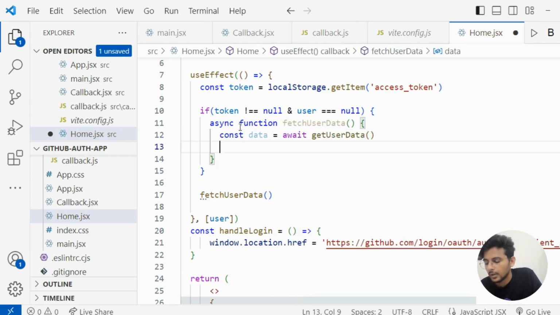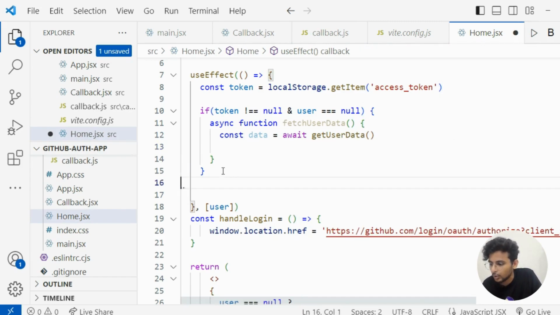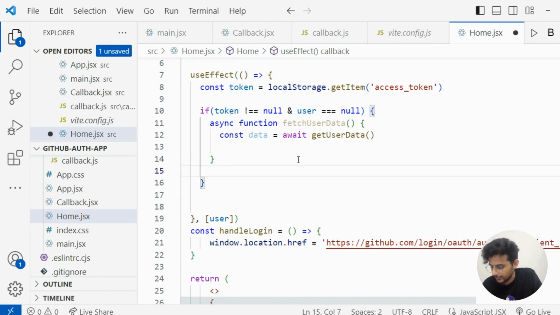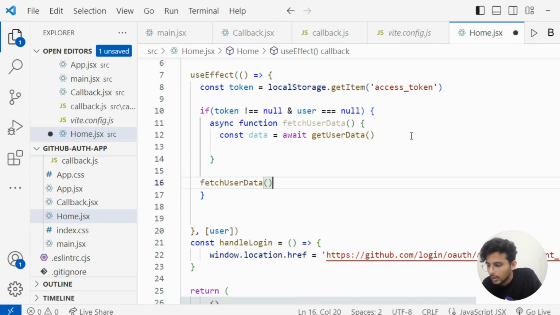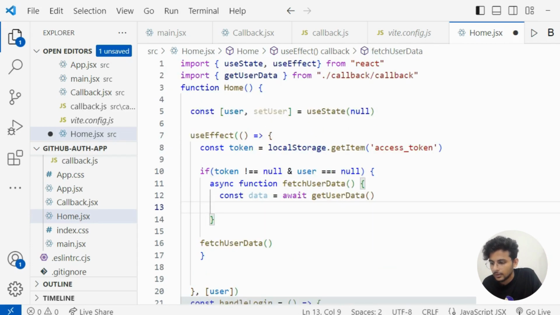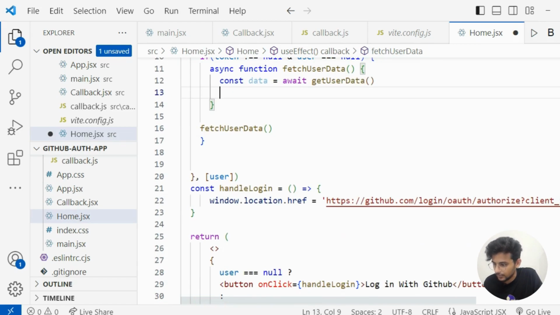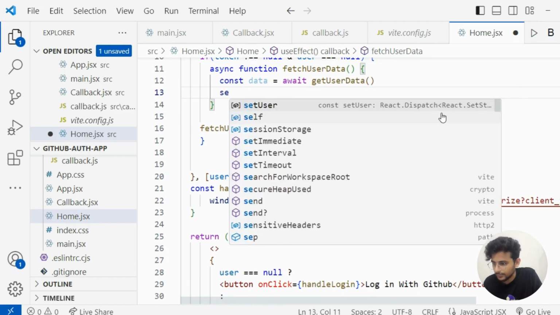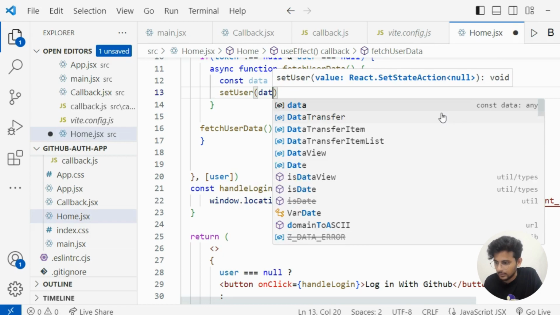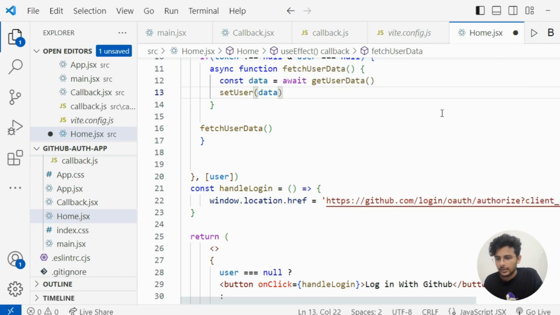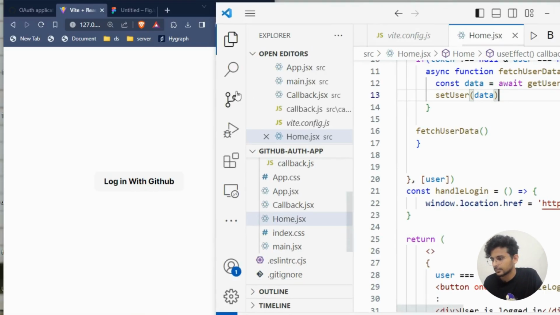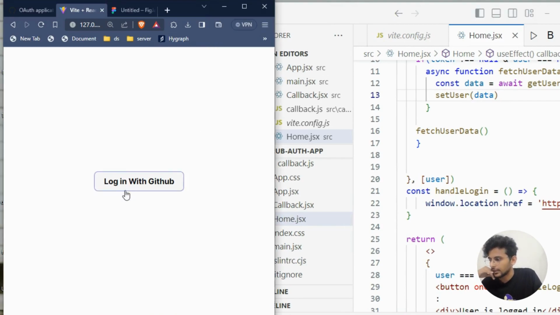Now let's store. Now let's set. Obviously, I need to call this fetchUserData inside this if block. Now we can set the status of user here. Now user is equal to null, and I can set the status of user. So just use setUser and pass this data value. Okay, it should work. Click to login with GitHub button.